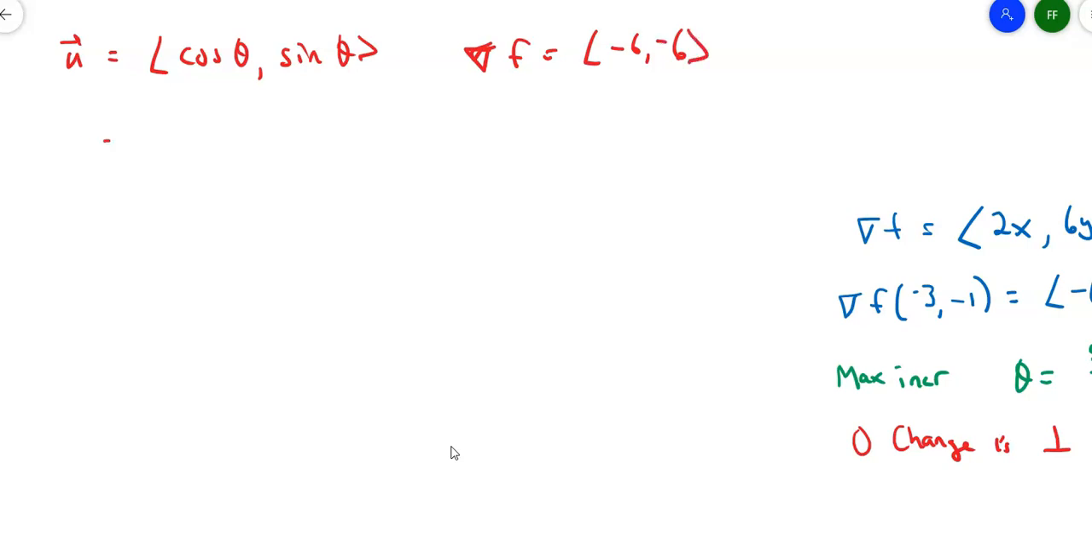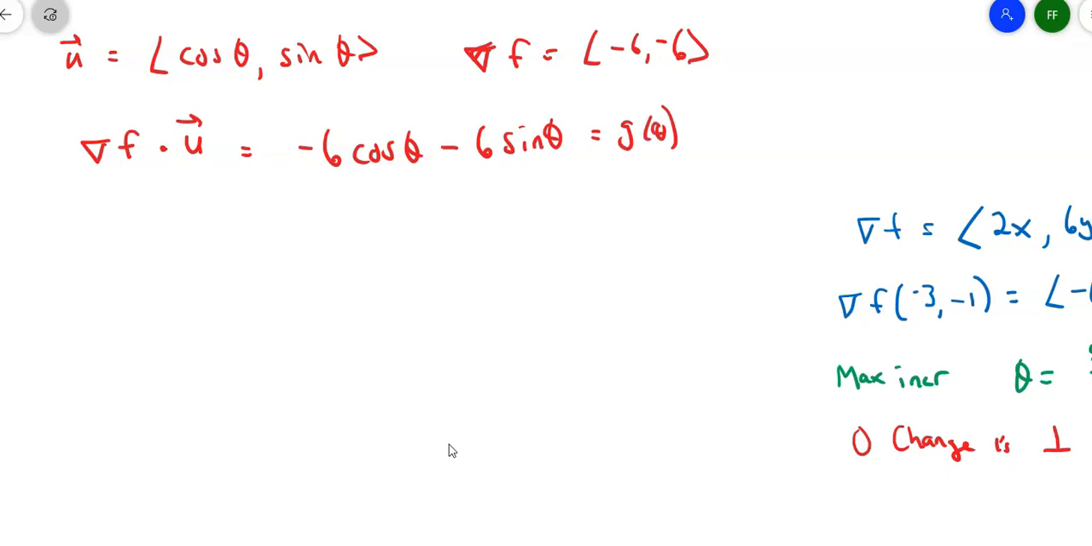So now take the dot product of the gradient and that unit vector. And I end up with -6 cosine of theta minus 6 sine theta. Let's call that g of theta. And let's take the derivative of g of theta. So g prime of theta is going to be, well, the derivative of cosine is negative sine. Negative times a negative is a positive, so I get 6 sine theta. The derivative of sine is cosine, so minus